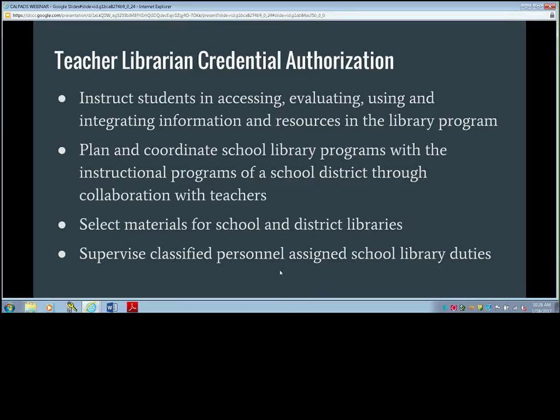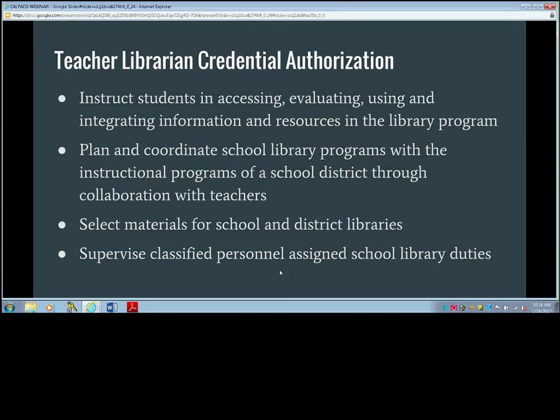Okay, actually before we run down this list here, Renee was touching on this earlier, but it's important to note that teachers on special assignment or non-credentialed classified employees are very limited in what sort of library-related services they can perform. She went over some of them, but it's along the lines of they can only order materials for school and district libraries and shelve books and check materials in and out, stuff along those lines.